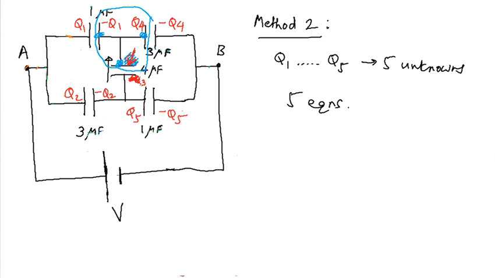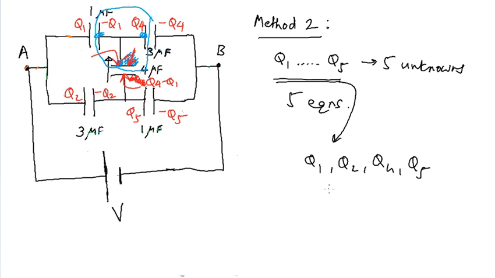Likewise, the charge on this plate, I don't write it as minus of Q3. I rather write it as Q4 minus Q1. It's the charge on this plate, which I write that way since it is the negative of the charge on this plate. So what this has done is to effectively remove Q3 from this group or set of variables or unknowns, and I'm left with only 4 unknowns, that is Q1, Q2, Q4 and Q5.